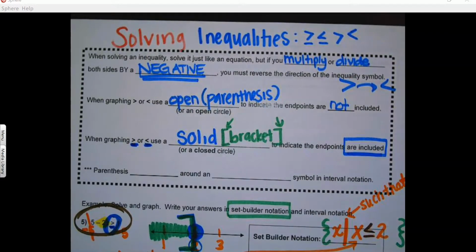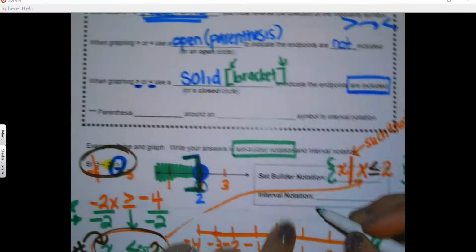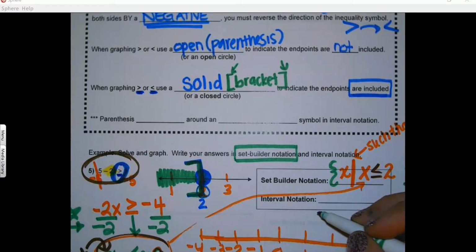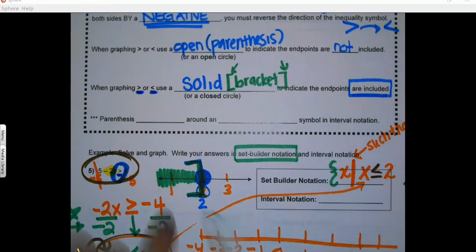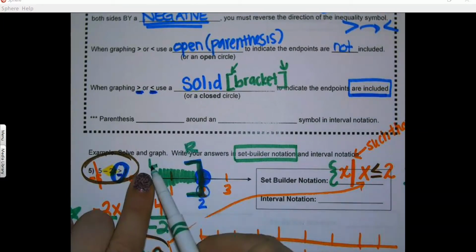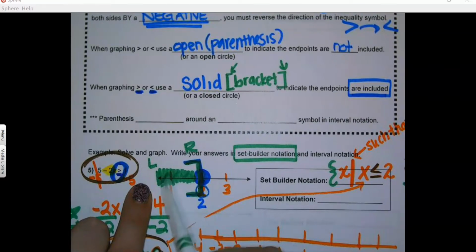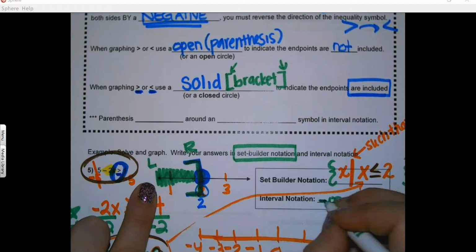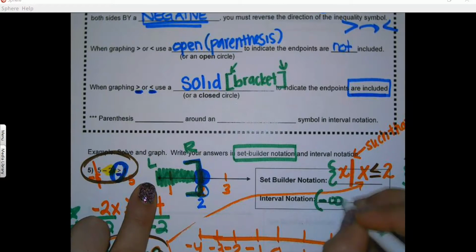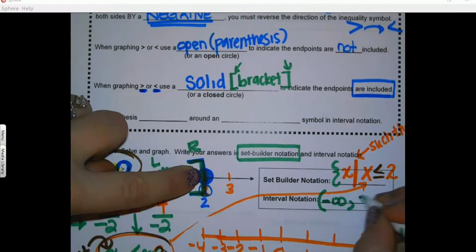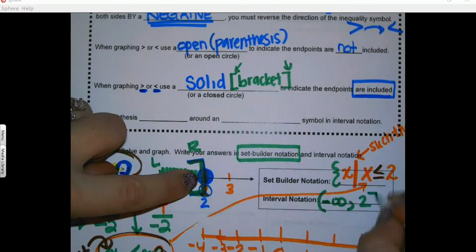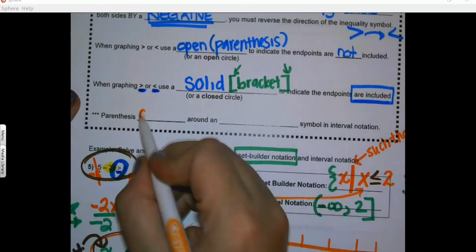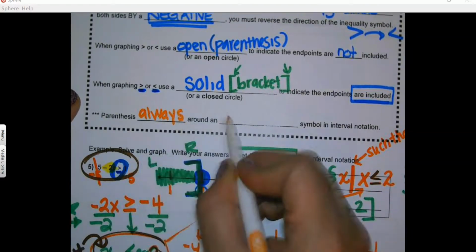Okay, then lastly, interval notation. Interval notation is where you're going to put parentheses. So you're going to go from left to right. So you're going to look at the graph from the left to the right. So on the left side, it's going infinitely. So I'm going to put negative infinity, and the numbers on the left side are all negative. We're going to always put a parenthesis around infinity. And then on the right, it stops at 2 and it's included. So we put a bracket. Okay, so parentheses always go around an infinity symbol